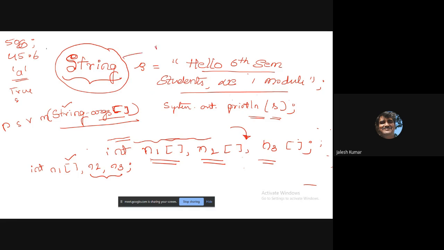String is built-in class. You please remember, built-in class. That means it is defined in the program itself. In the program itself, it is defined as one class. Okay, that class is called string. Whenever you wanted to use that string and you create one reference to that, it is called object. Okay, you create one string type, like how you are declaring int type, double type, like that. You declare string type. Okay, and assign the value to that.